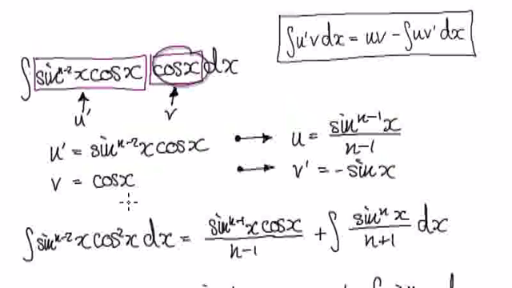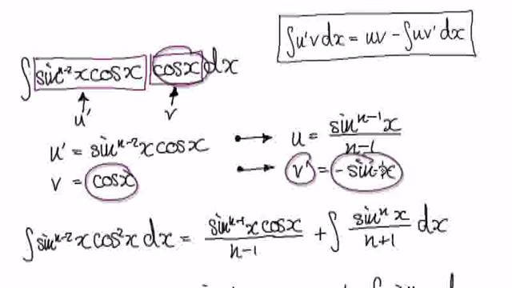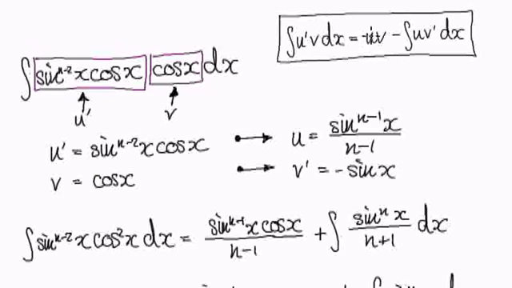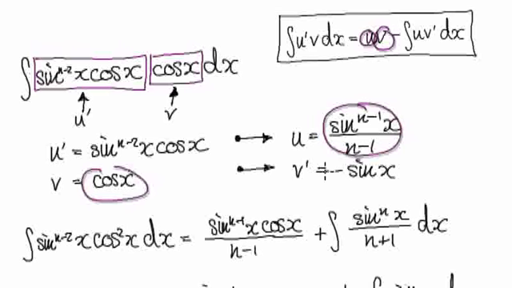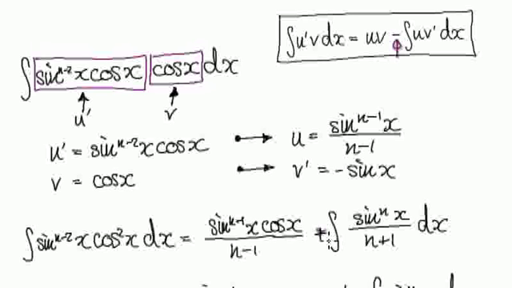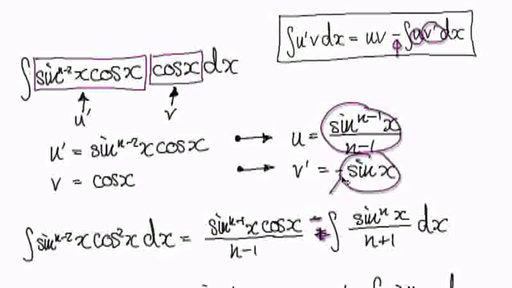Well, anyway, let v be cos. If v equals cos, then v prime equals minus sine of x. Now the formula is saying get u times v. So that will then give us this. And then you've got your minus here, and then it's saying get u times v prime. But because you've got this minus here,